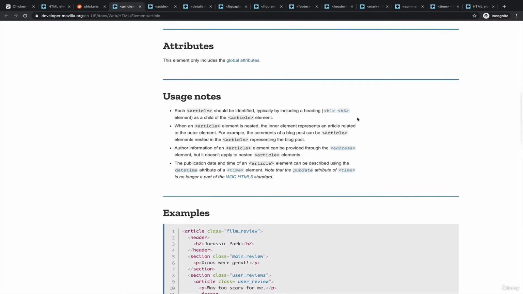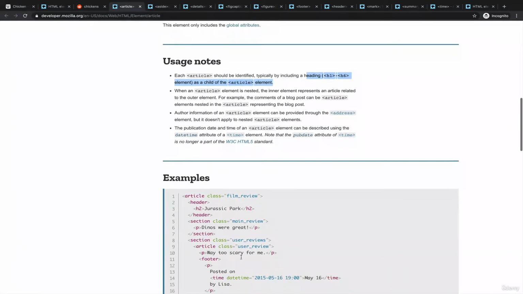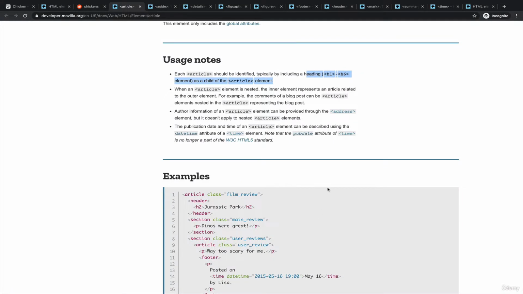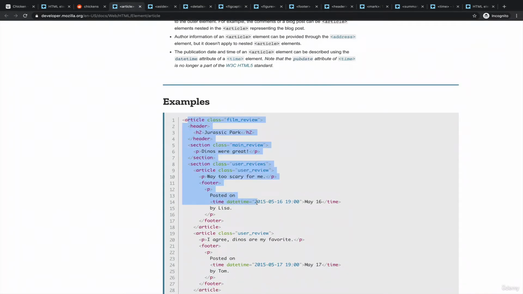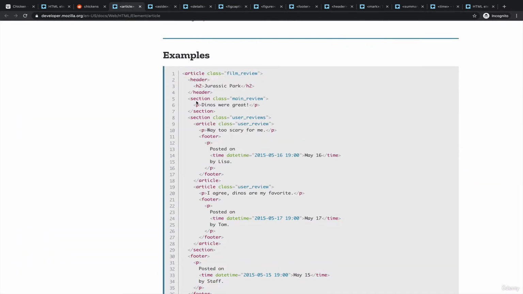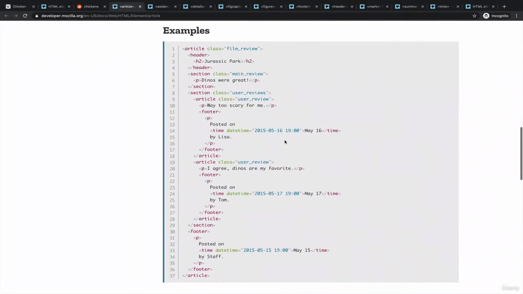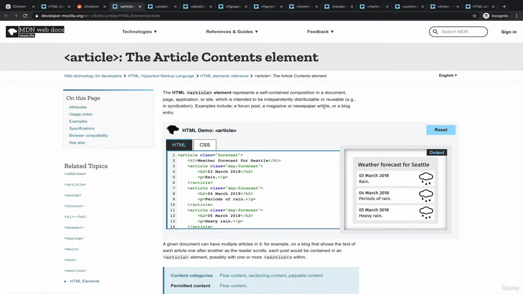There are a couple of notes. There should be a heading that explains what the article is or what it's about. So you could have something like a film review article, and inside of that you could have a bunch of sections or even sub-articles. This can be a little confusing, and one of the hardest things about these semantic elements